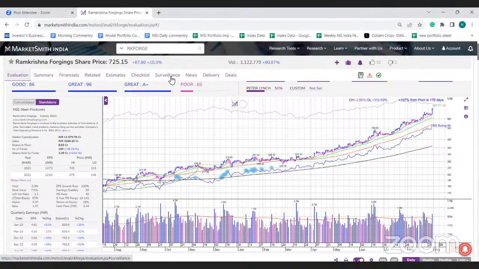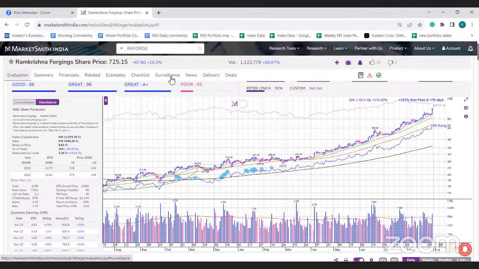Ratings wise, it's very perfect for a CANSLIM stock. EPS rating of 86 and RS rating is 96, almost the highest. Buyer demand is at the highest level. Both technically and fundamentally, the stock belongs to the top quadrant on the parameters.